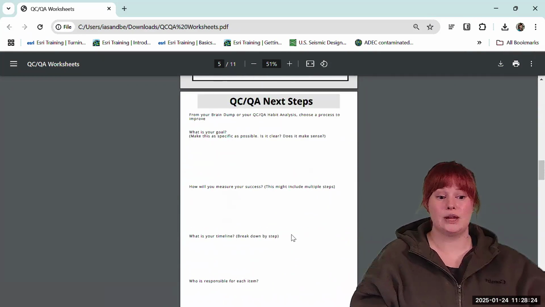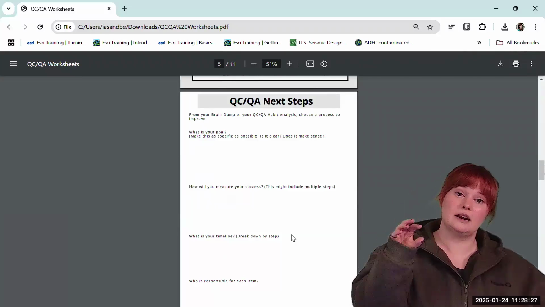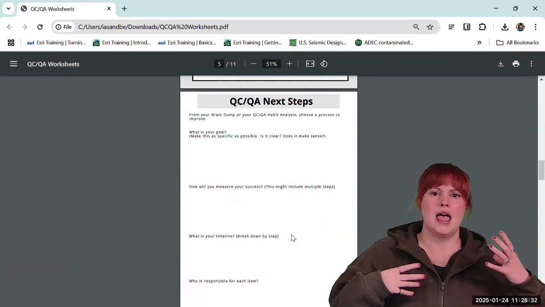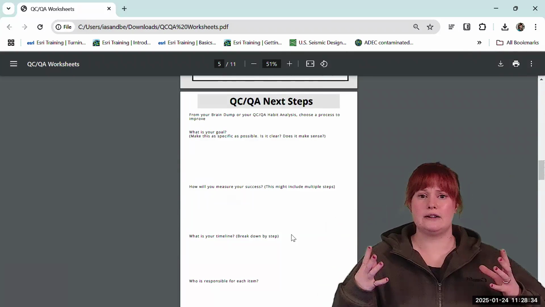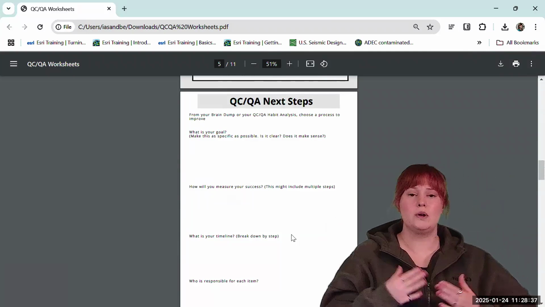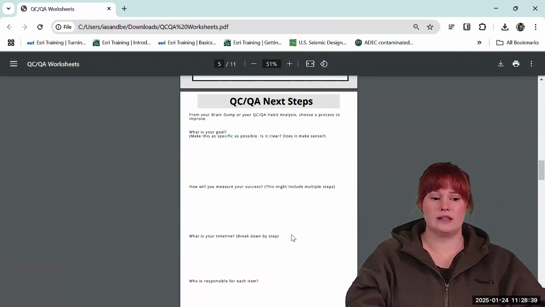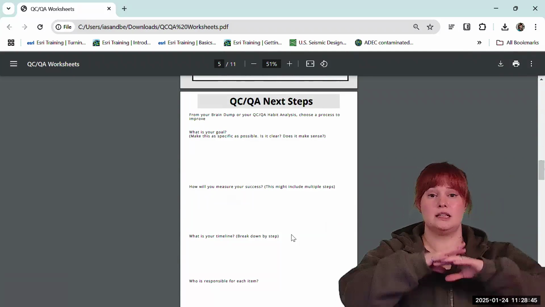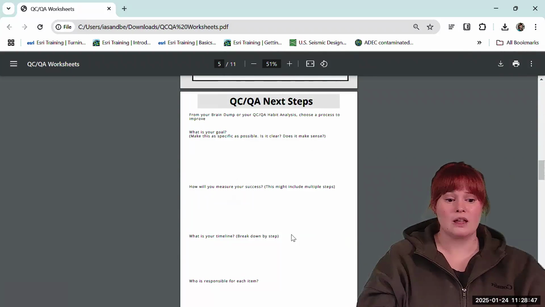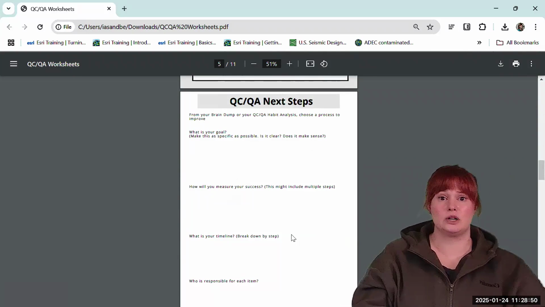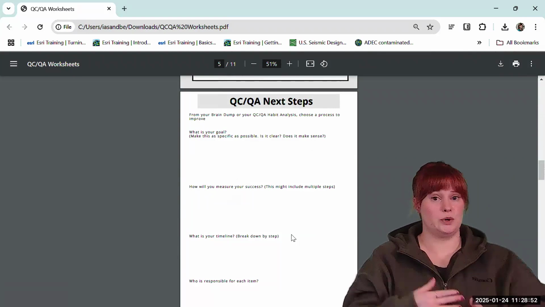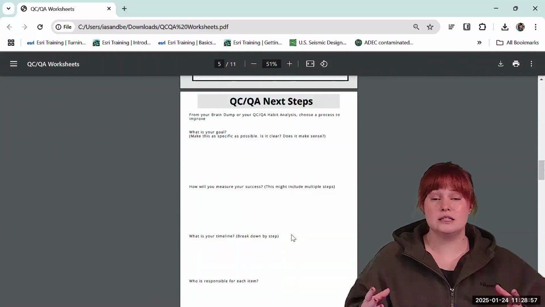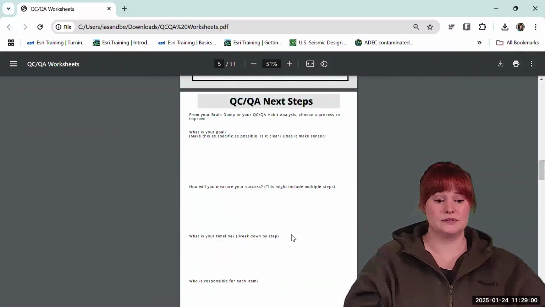So from that brain dump and that habit analysis, you've identified some things you think you can improve on, and you've come up with maybe what some of the problems are, and maybe some of the solutions, what it would look like if it was working well. You want to think about, what's our goal? Let's set a specific goal for this. You want that goal to be really clear and make sure that it does make sense for your organization as a whole. And then you want to think about, how are we going to measure that goal in terms of success? Does this mean a certain percentage of improvement? Does this mean 100% compliance? What does it mean to you for this to be successful?